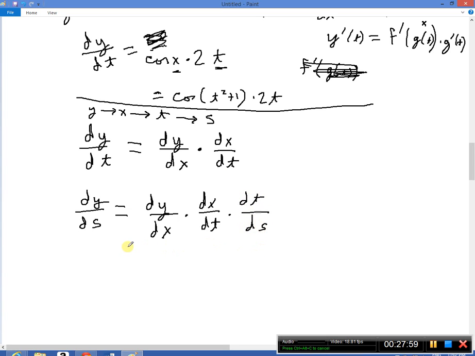And that's it. You just go right down the chain of dependencies. Y depending on x, x depending on t, t depending on s. The change in y with respect to s is just the product of all of these changes,